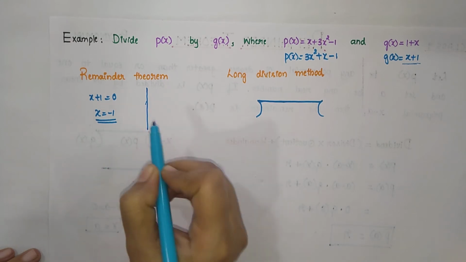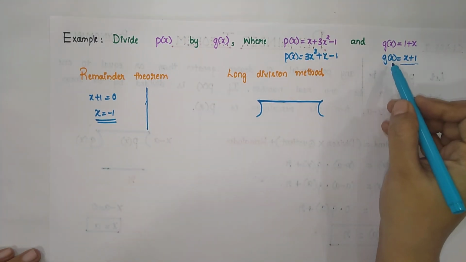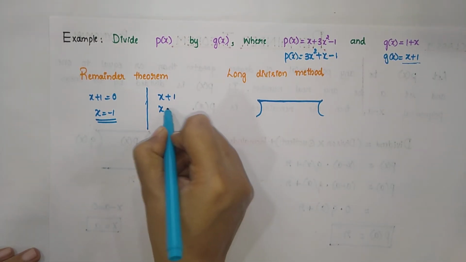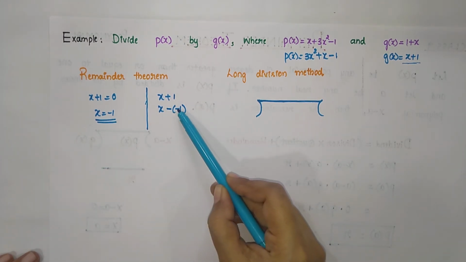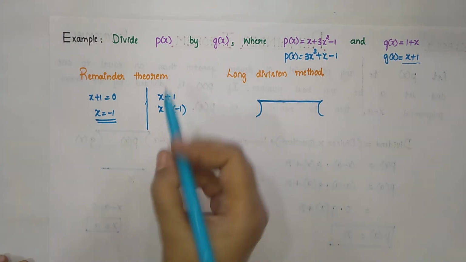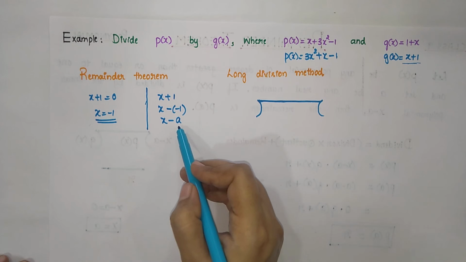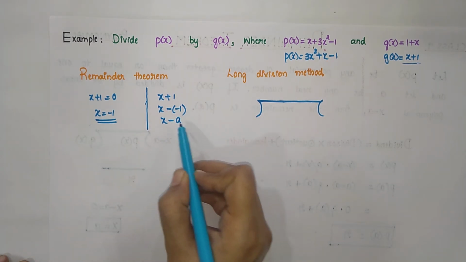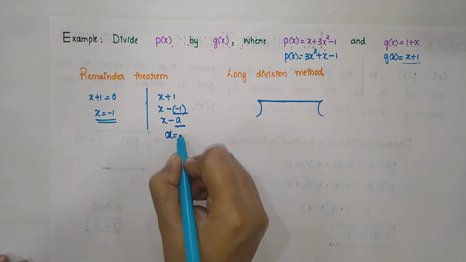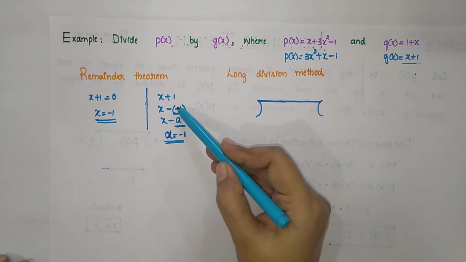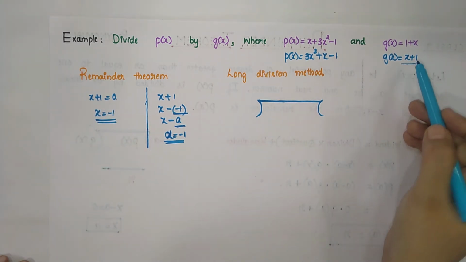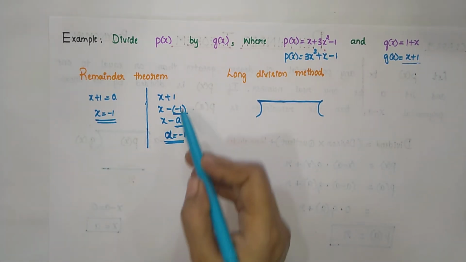Or you can also write like this. The given divisor is in the form of x minus a. So this x plus 1 can be written as x minus of minus 1, because minus into minus is nothing but plus. So x minus of minus 1 is x plus 1, and it is in the form of the linear polynomial x minus a. So x and minus as it is, and in the place of a we have minus 1. That is, a is equal to minus 1. So either you can equate this linear polynomial to 0 and get the value of x, or else you can also directly write like this.